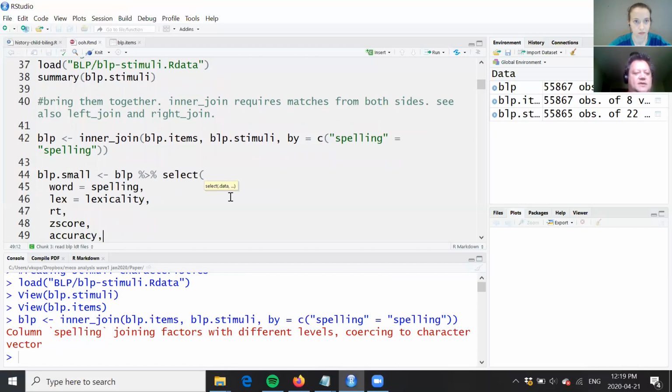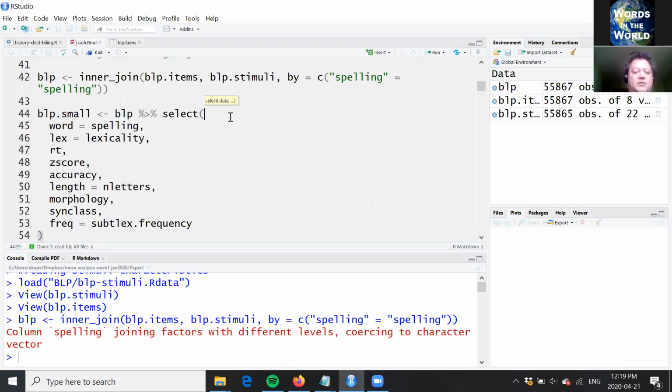Okay, so the next thing we'll do is select only some of the columns. We will probably not need all the 29 of them. We'll select some of the columns using the select function of tidyverse. And we will rename some of the columns. I'm doing it because I'm more used to some names rather than others. Before we do that, we're defining a data frame that will contain the output of this function. I'll call it blp.small. So the arrow, of course, shows that the output will be saved into this variable, into